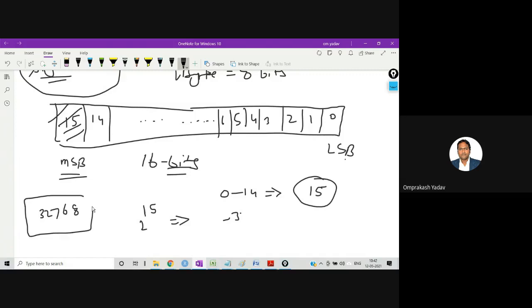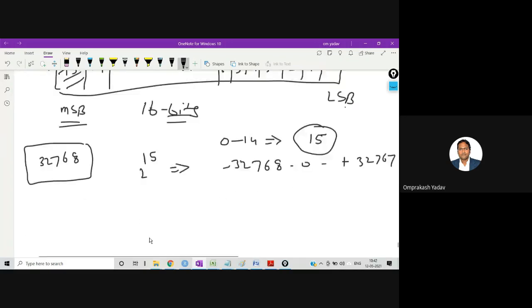You will get 32768 for 2 raised to 15. Remember, it is a signed one. So the range will be minus 32768 to plus 32767. This will be the range.